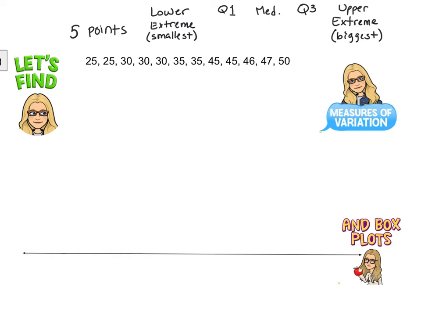First, we have to actually find these data points. The lowest number, well, that's easy. That's going to be 25. And the highest number, that's going to be 50. So I'll just keep those in mind. Actually, I can really just write them here. So 25, 50. And as I find each of these data points, I'm going to go ahead and write them where they belong. So first I'm going to find the median,